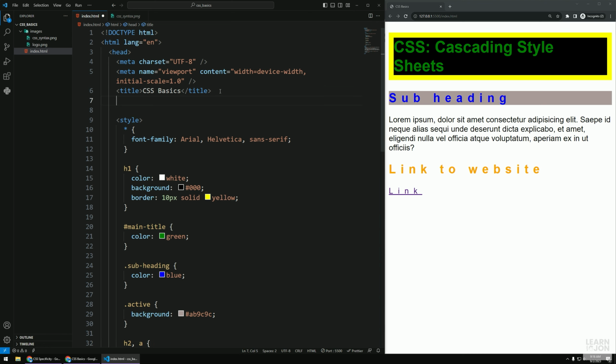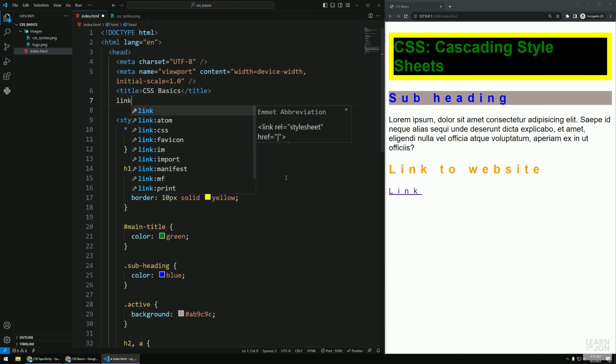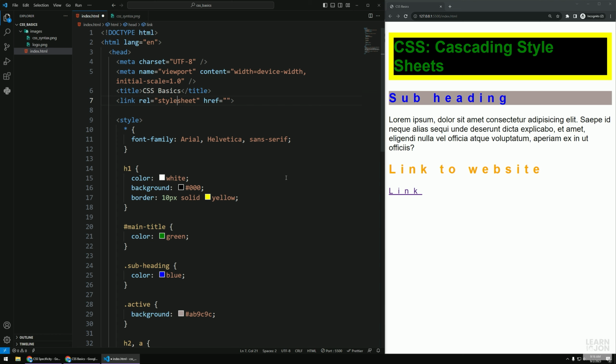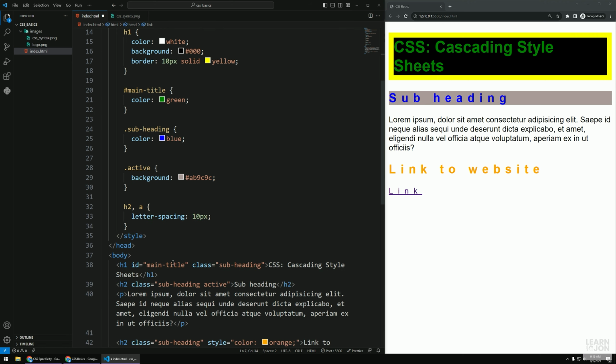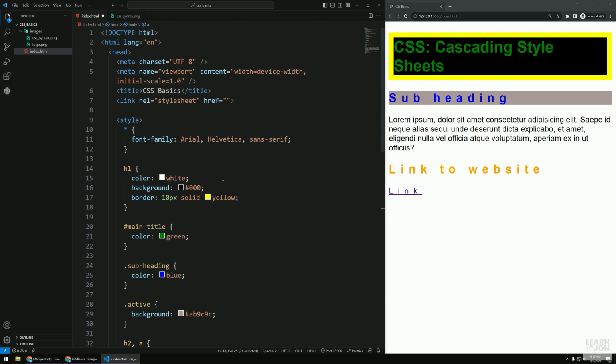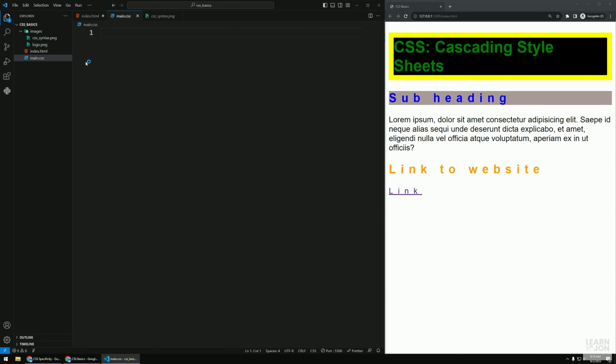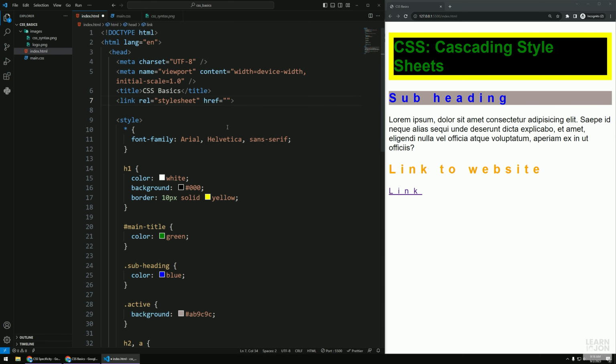The best practice for implementation of CSS is to use a link element that asks for a relationship. In this case, it says stylesheet, right? And it asks for the source of it, because much like the A tag, it says, where is this? It could be an external link, but we don't have external for now. We don't have it on other servers or other websites, but we can create a file here and just call it main.css, for example, and then say here in the HTML, this is in the same folder